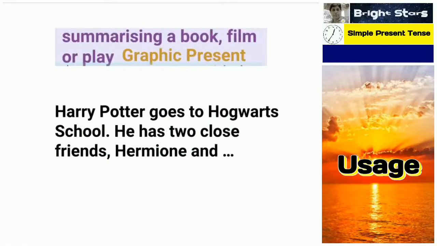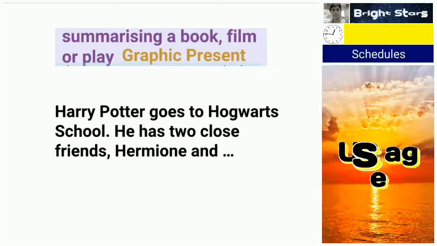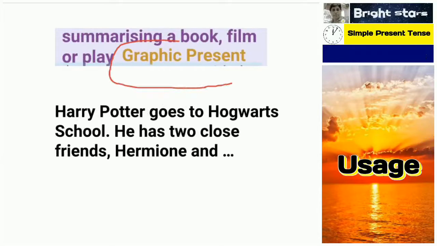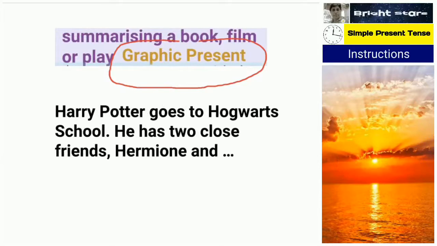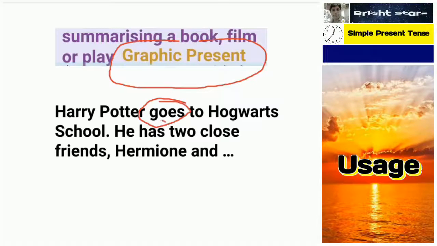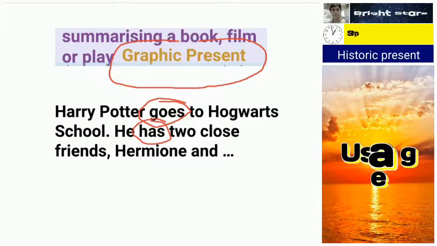For summarizing a book, film or play, we call it the graphic present. Harry Potter goes to Hogwarts school. He has two close friends, Hermione and like this.